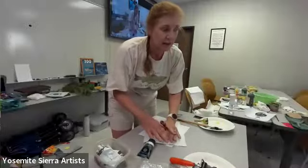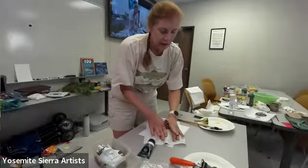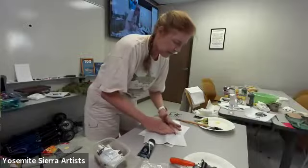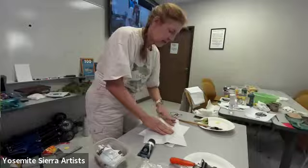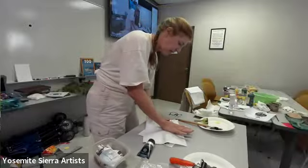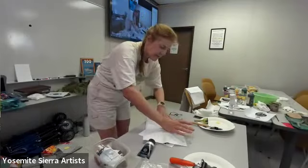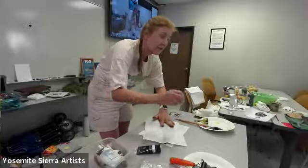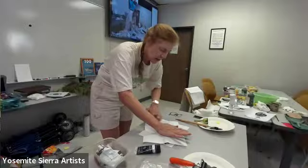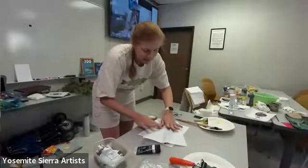There's that technique which I have not seen done beautifully, but I'm sure that a big 400-pound fish from the ocean is much easier to do if you lay a piece of paper over it that's wet and it conforms to the body. Then you just dab colors on the back, and it's not this thick ink, but sumi ink, which is really watery. Yeah. It would work better. But again, I'm not